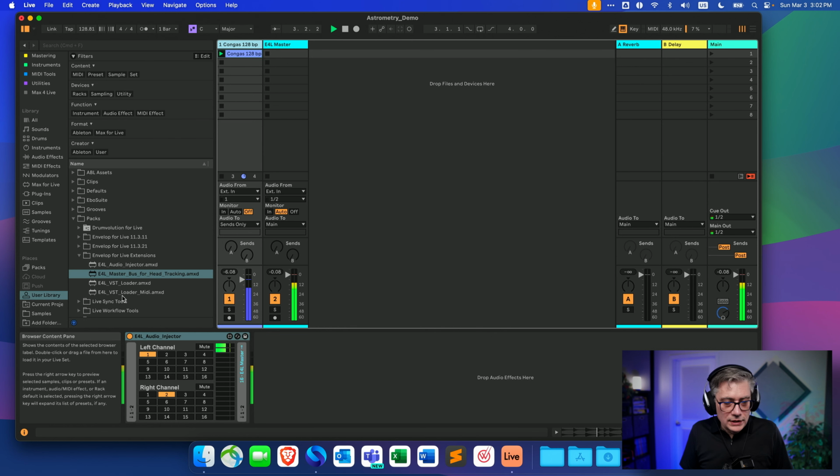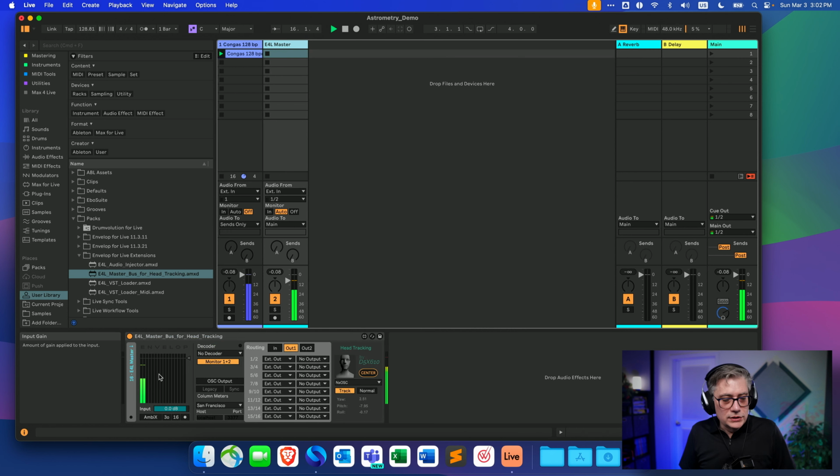So what's happening now is that Ableton is essentially taking, and maybe I should take that down a little. Oopsie, so I need to take that down here. And what is essentially happening here is that Ableton is taking the left and right channel, moving that into the first two channels of the 16 channel track, which is then sent into Max for Live, and in Max for Live it is forwarded to the master bus device, and the master bus device catches that, and because there's no decoder, it's just going to take these two and forward that to the output, and that's where we are right now.